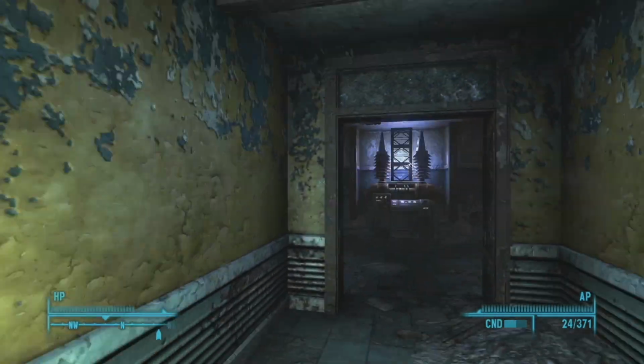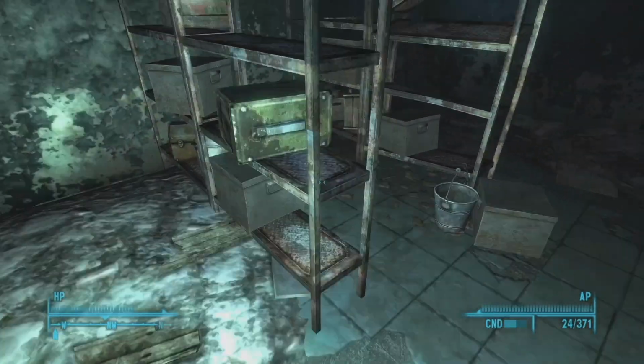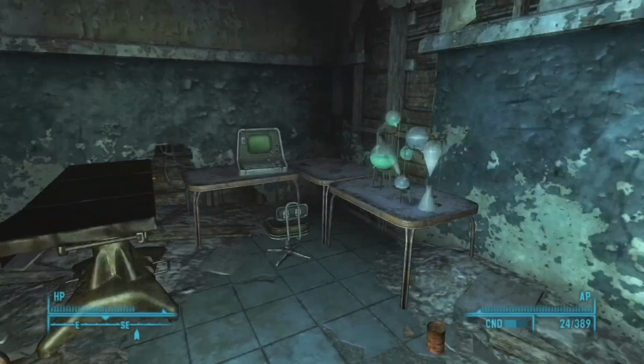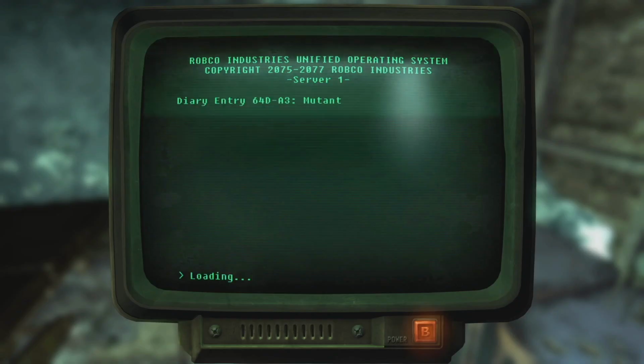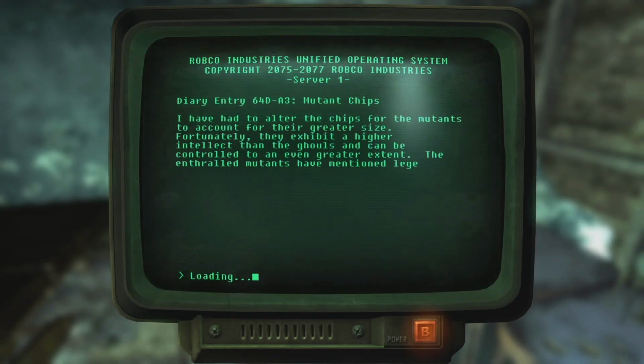Now you might find some more super mutants down here, but if we go to this other room back on the first level, we can find some ammunition boxes. Also worth noting, in this room we can find the surgeon's notes, and this has 2 diary entries, the first of which reads,